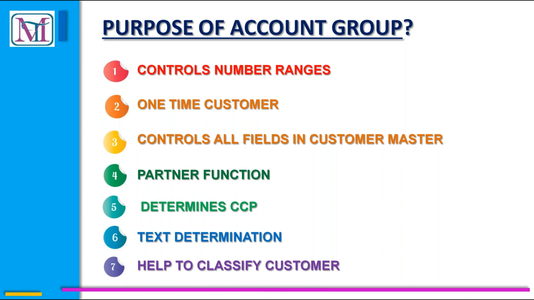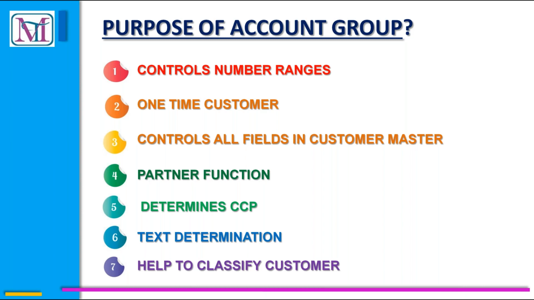Next, it helps to determine the customer pricing procedure while creating the customer master. In the customer master sales area data, we have the sales tab, and under the sales tab we have the customer pricing procedure. What is its purpose? It helps to determine the pricing procedure in the sales order. This is one parameter to determine the pricing procedure in the sales order. Then the next point is text determination. In the customer master, we have two types of text: central text and sales and distribution text. After text determination configuration for the customer master, we assign the text procedure in the sales order.